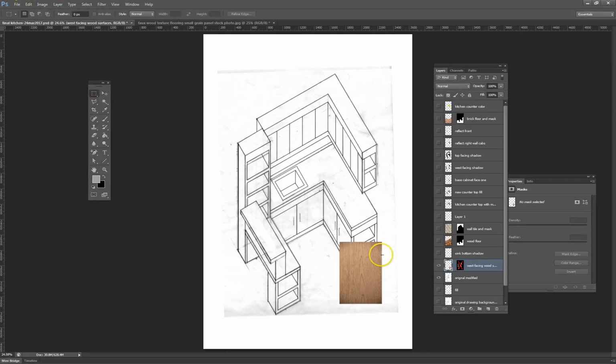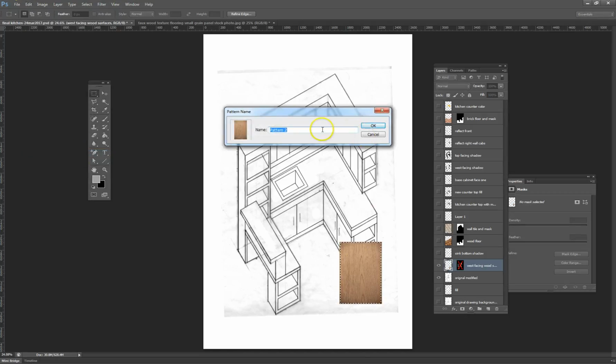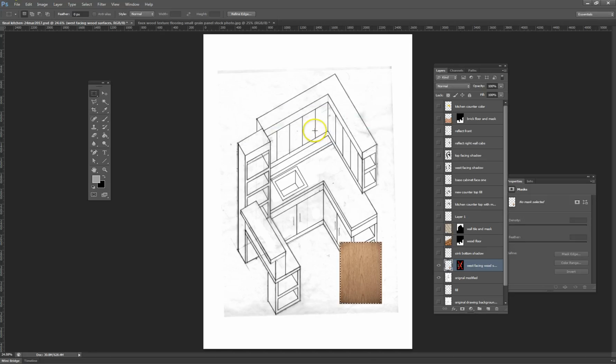Let me select, because I want to fill a larger area with that. I'm going to define that as my wood grain pattern. And then watch what I do now. I'm just selecting a larger area,